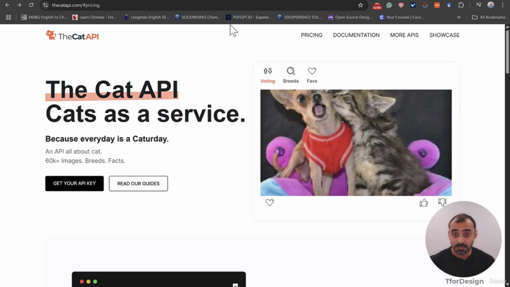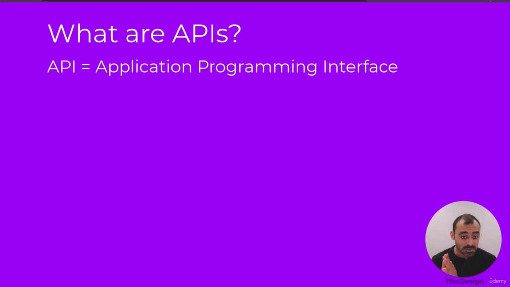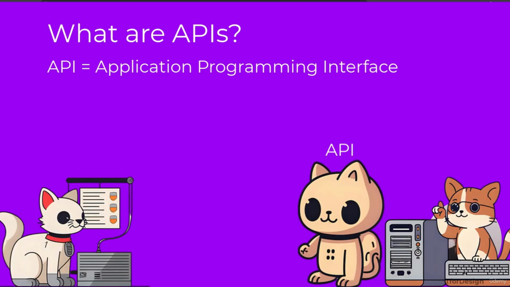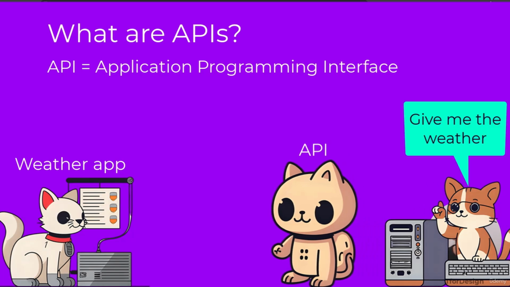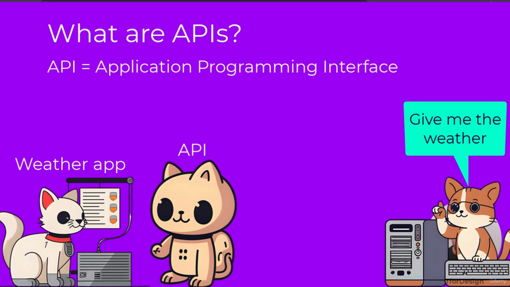Let me introduce what APIs are first, in case you have not used them before. API stands for Application Programming Interface. So they are basically like a digital waiter that lets two apps or systems talk to each other. And so, when your app needs a piece of information, like the weather, a fun fact, or a photo, it sends a request to another service through the API. The API then brings back the data your app asked for, so you can use it without needing to build